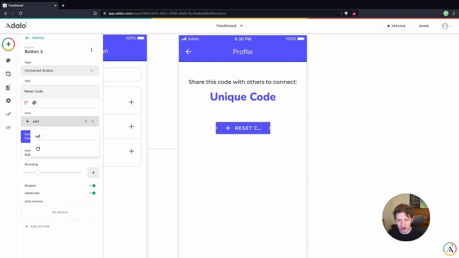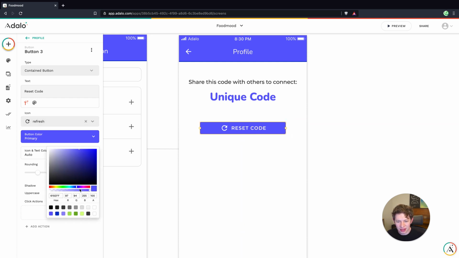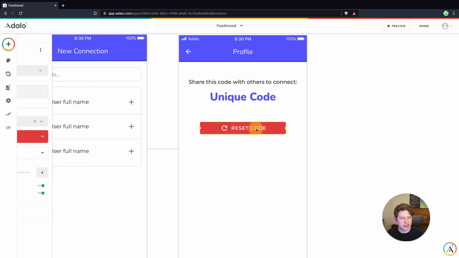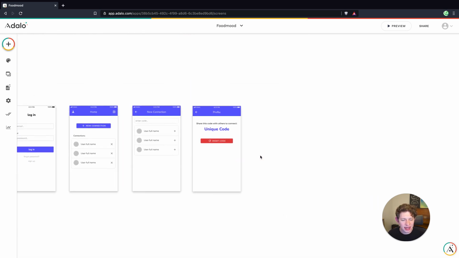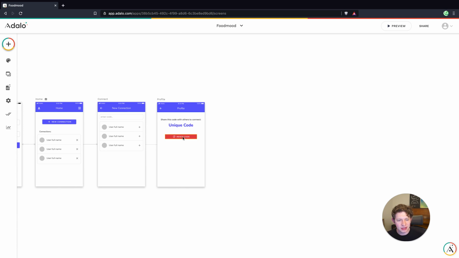Let's get like a refresh icon. Perfect. Okay. Let's make this like a red. Nice. I like that. So for the reset code button, what we'll need that to do is link to a